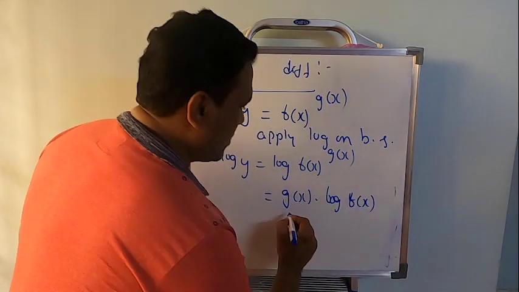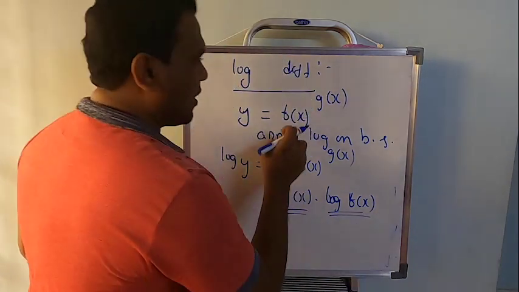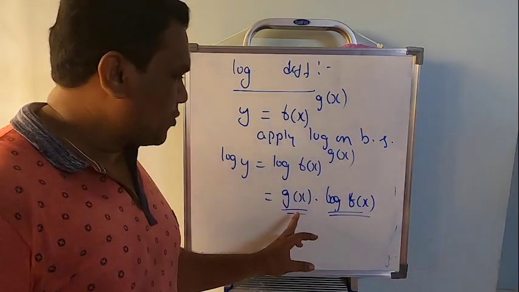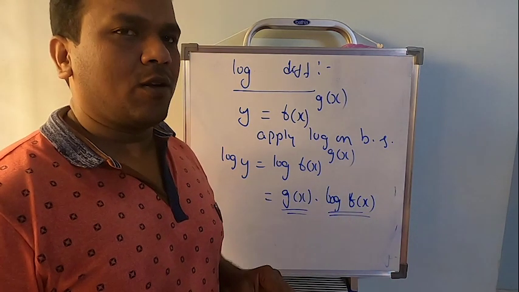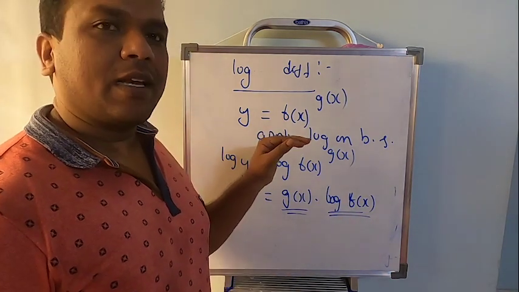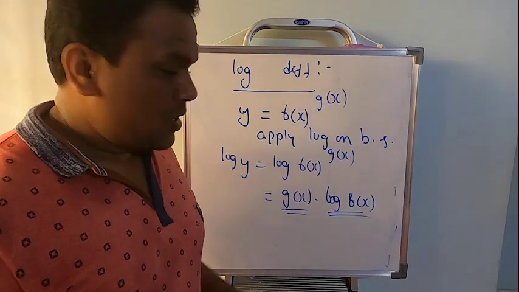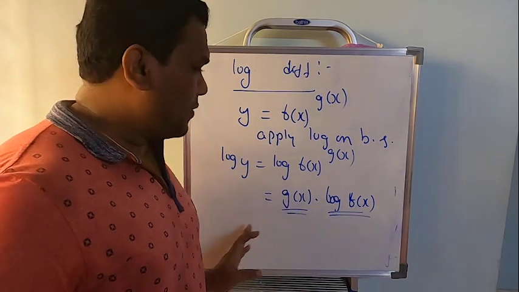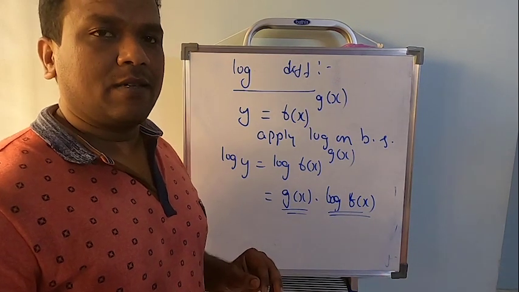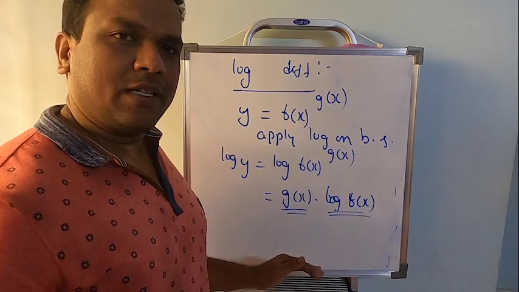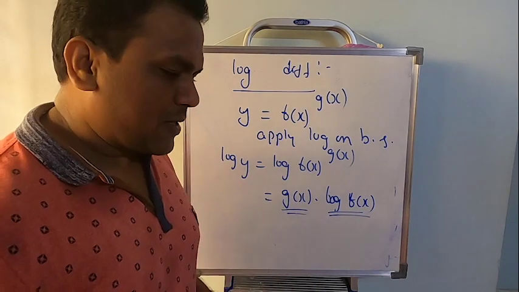Now observe, we had function to the power function. It has been reduced to a product of functions now. So this is the advantage of applying the log. Otherwise such kinds of problems can never be solved. Once we reach this step, we differentiate both sides and keep simplifying until we find the value of dy by dx. So certainly this is the explanation, the theory part. Let's get into the problems exactly.